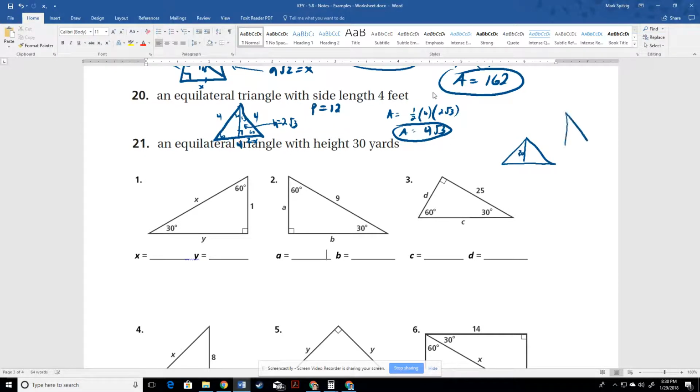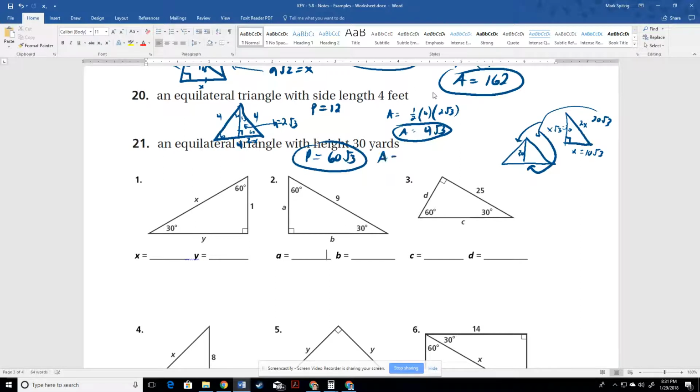The difference is that basically we have a 30, 60, 90, where this is x radical 3, this is our 2x, and this is our x. So this 30 is here. So x radical 3 equals 30. When we divide by radical 3 and rationalize, we end up with 10 radical 3 is our x. Right, so this would be 20 radical 3. So the perimeter of this, because basically three of these sides are all going to be 20 radical 3, the perimeter is going to be 60 radical 3,